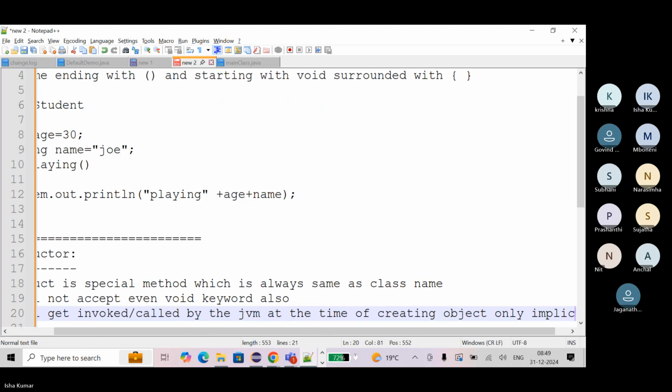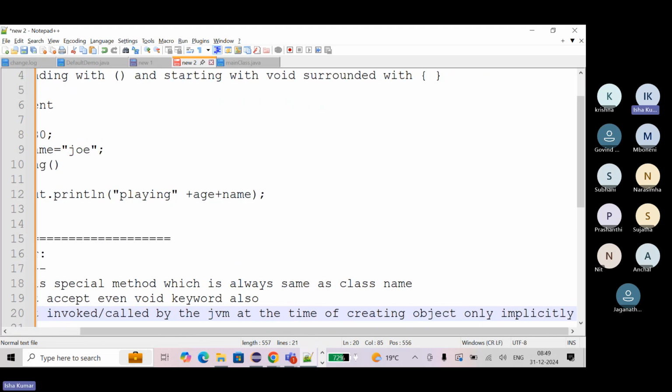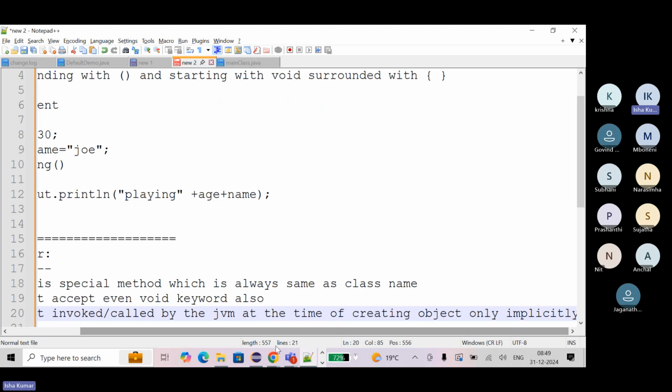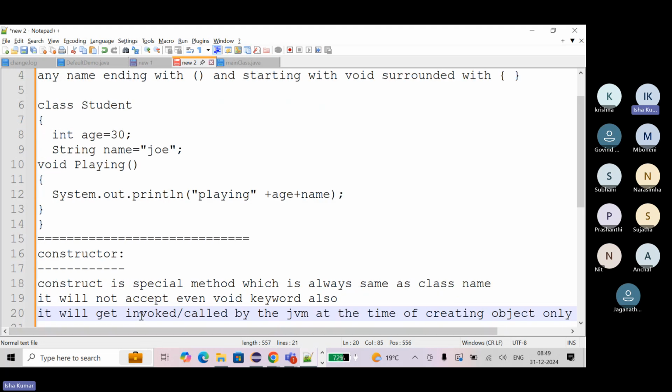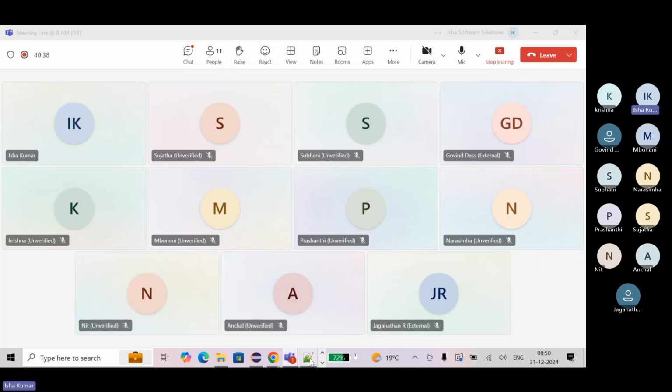Implicitly means whenever you create an object of a class, internally, by default, the constructor will get executed. Okay. So if you see this program here,